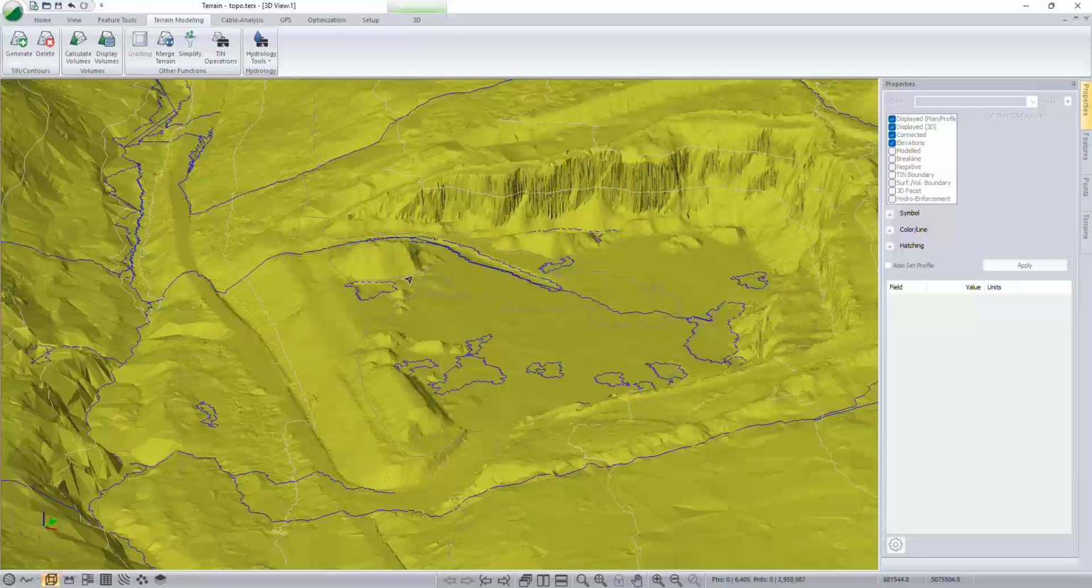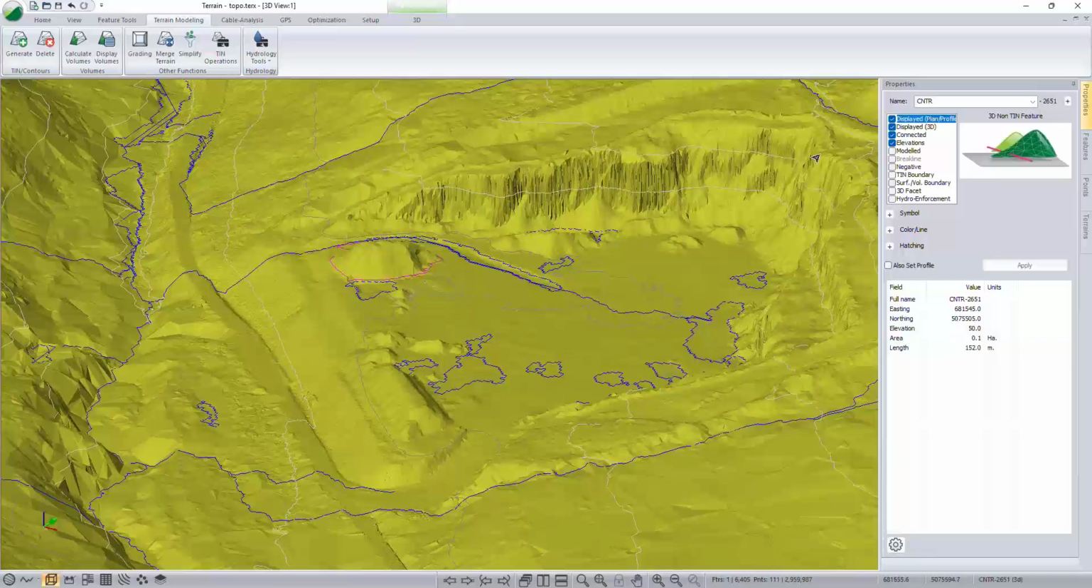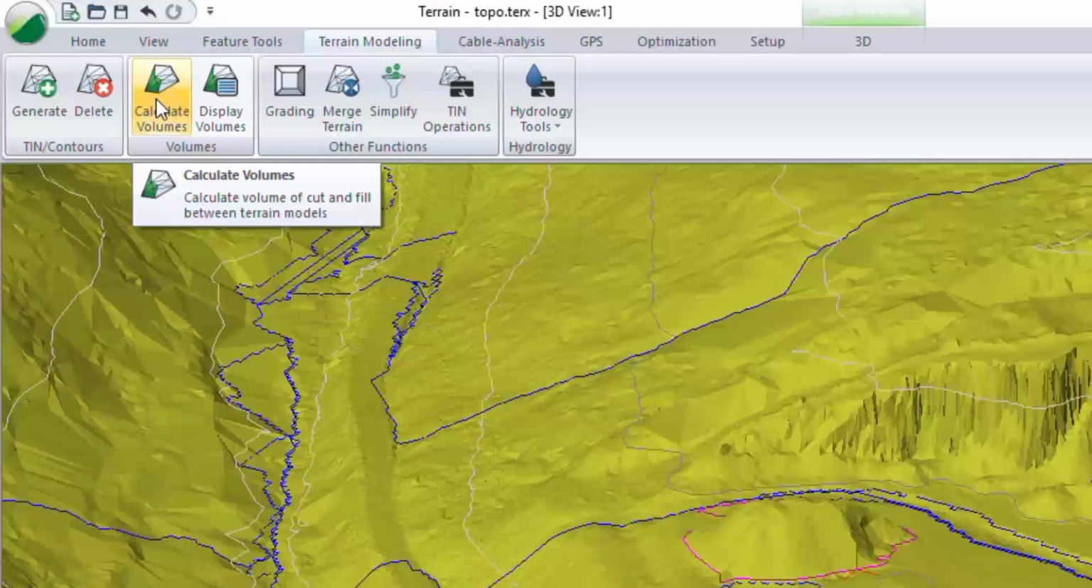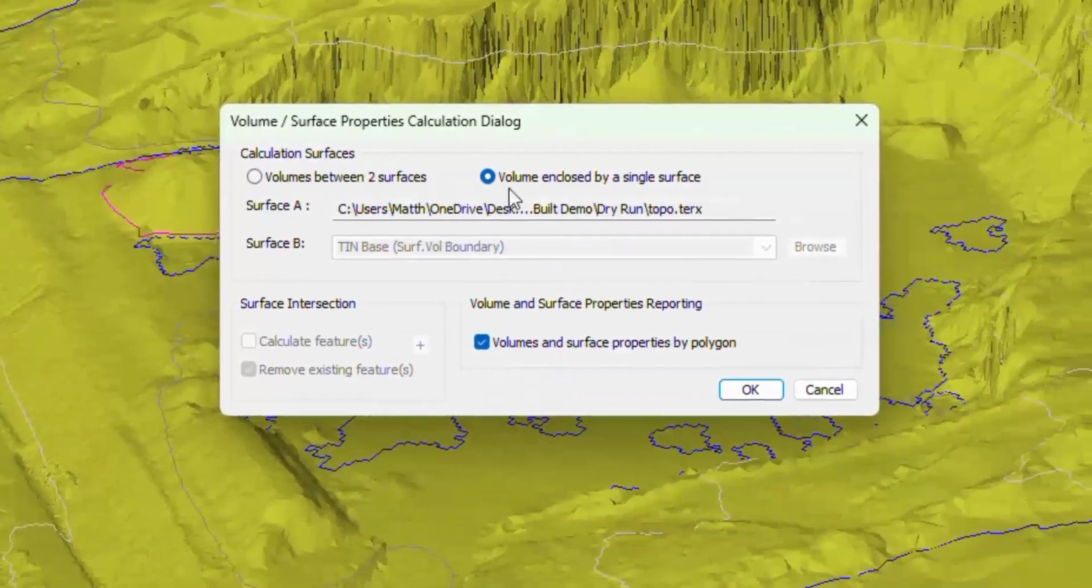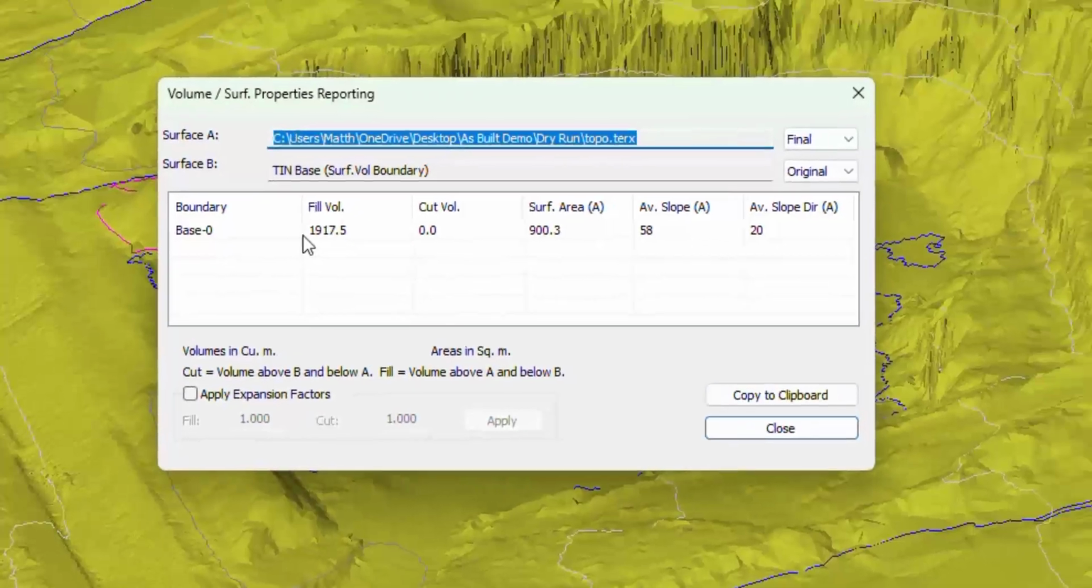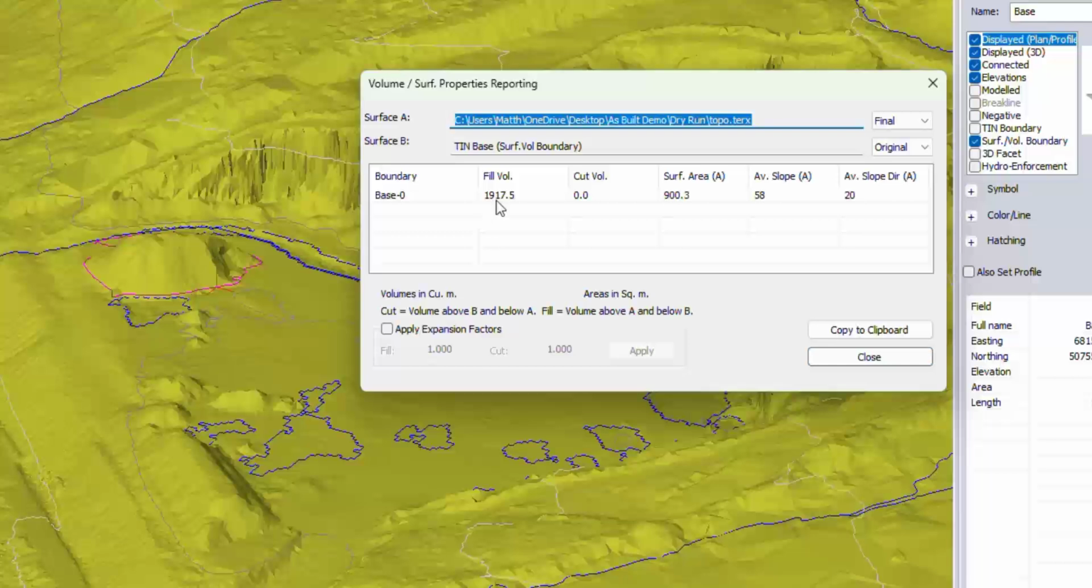We could do that manually, or we could use something like a contour to define it. And I'm going to just say that the feature we have selected is a surface volume boundary. We'll hit apply. Then we'll go over to terrain modeling, calculate volumes. We select volumes enclosed by a single surface. We want to tabulate that just for the polygon areas that have that surface volume boundary property turned on. So that property there. And we can see it's showing that we have